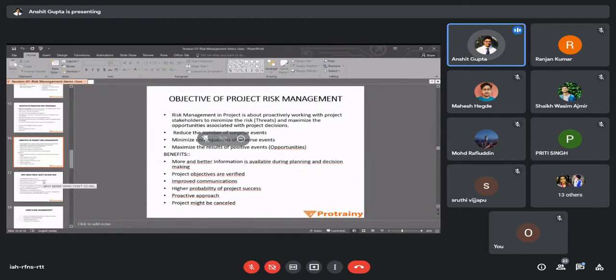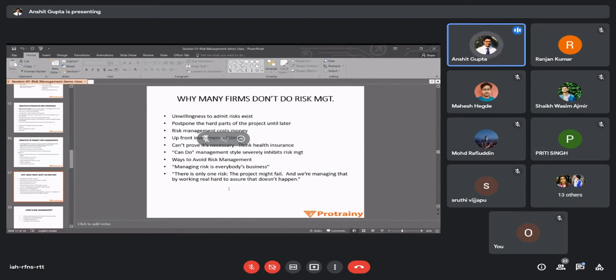For example, I will take a practical example of this. I always take this example whenever I talk about risk management. The city I belong to is a small town where excess land is available. There is excess land which will not get exhausted even in the next 50 years. So there is no scope for multi-storey buildings in my city. In my city there is still scope for row houses, bungalows, and the like, but there is no scope for multis. There are 3 or 4 big builders in my city who have built G+4, G+5 multis, and those projects have failed drastically.